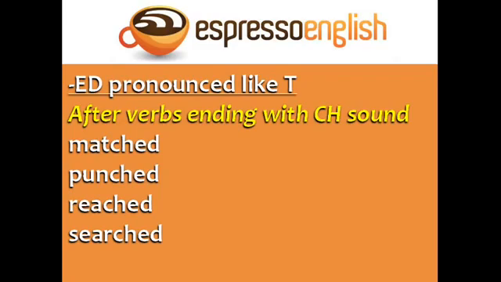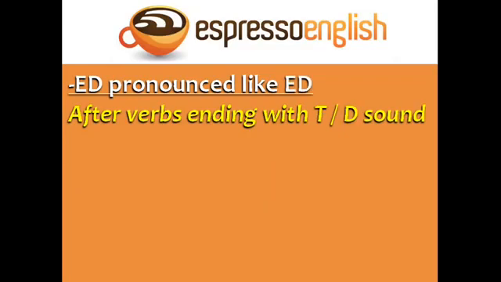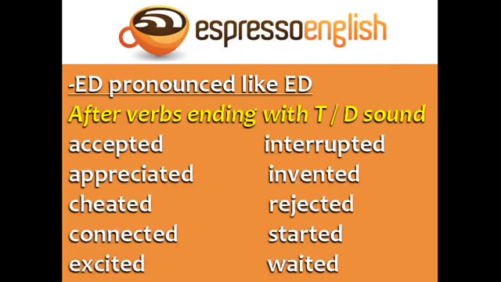Matched, punched, reached, searched. Finally, ED is pronounced like T after verbs ending with an F or an X sound. Laughed, fixed, relaxed. The second pronunciation of ED is like ED with an extra syllable, after verbs ending with a T or D sound. Accepted,